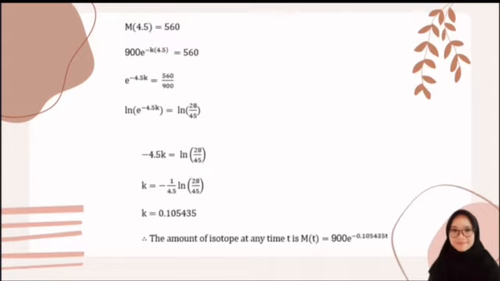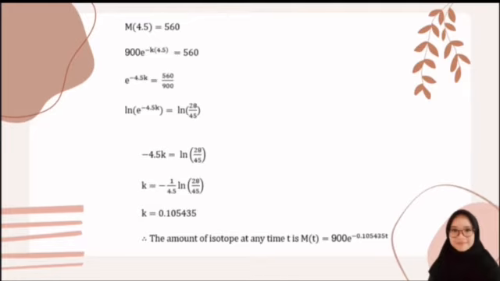Then we will get e to the power negative 4.5k equals 28 over 45. We put ln on both sides and we get negative 4.5k equals ln 28 over 45. At the end, we can solve for the value of k. So, we will get k equals